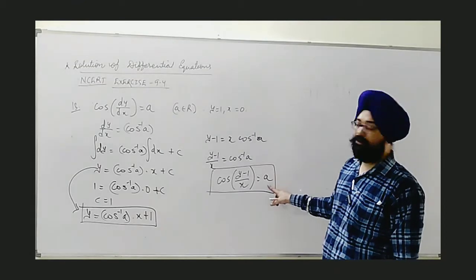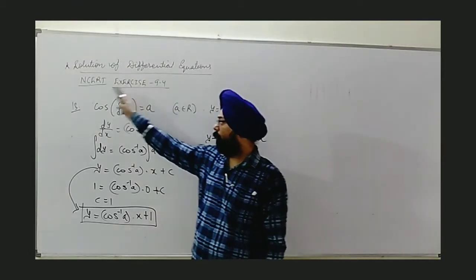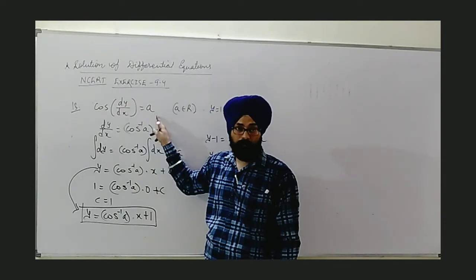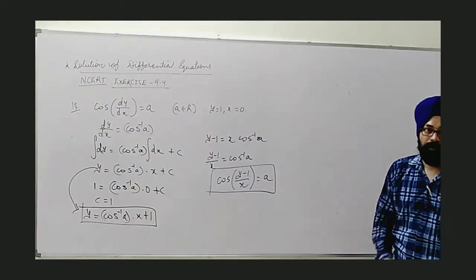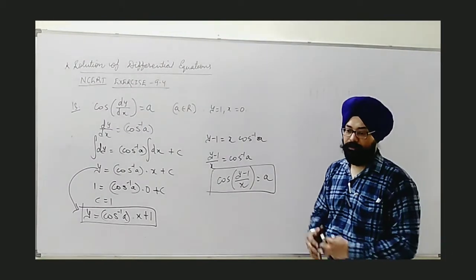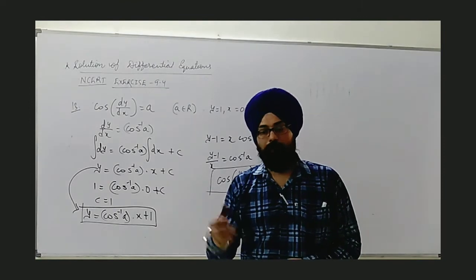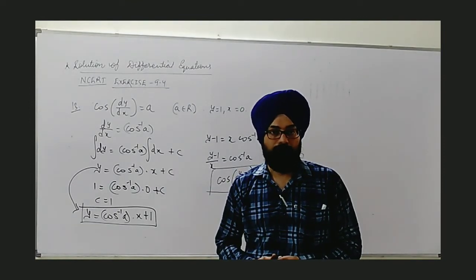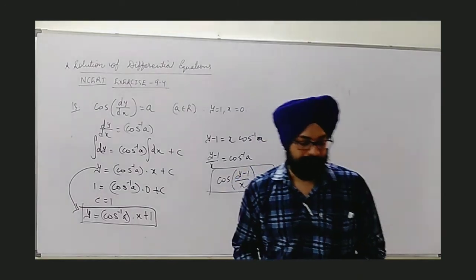Important, this arbitrary constant here we are obtaining because it was a part of the equation, and the whole function in terms of x and y was equal to a. So this cannot be eliminated, we will get the answer in terms of a only. So I hope you have understood very well about general and particular solution. There are a few application problems as word problems also in the same exercise. Let's see them.